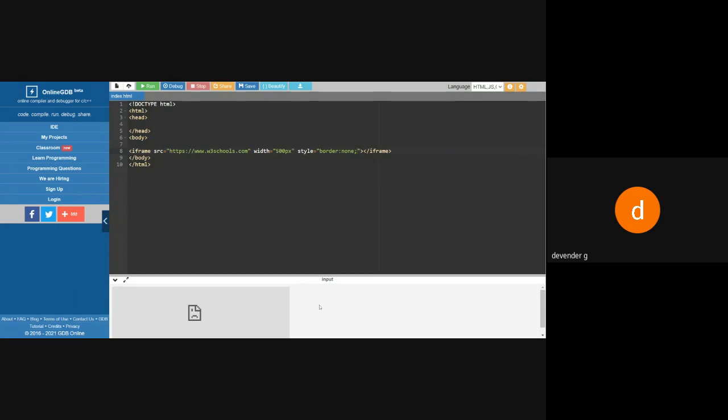So previously we have seen the borders. Now we are not getting the borders. So if you want the borders, I'll be saying I want the borders of 5 pixel. Then I'll be able to get the lines to that. See, I got the lines to that. So depending upon the scenario, we'll be using all these features.